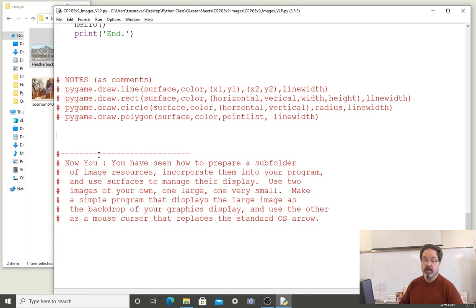Now you have seen how to prepare a subfolder of image resources, incorporate them into your program, and use surfaces to manage their display. Use 2 images of your own, one large, one very small. Make a simple program that displays the large image as the backdrop of your graphics display, and use the other as a mouse cursor that replaces the standard OS or operating system arrow. In other words,